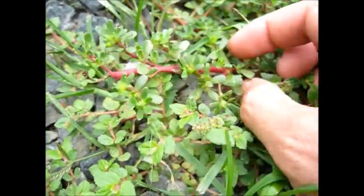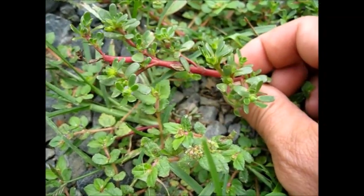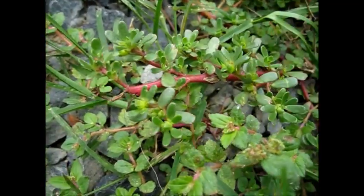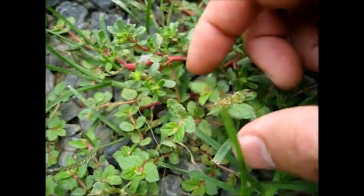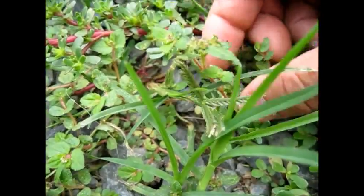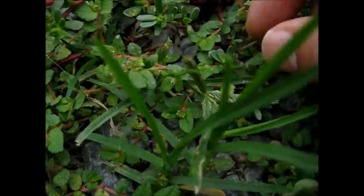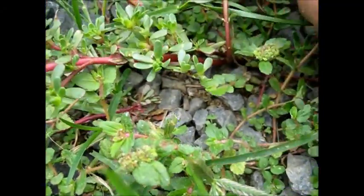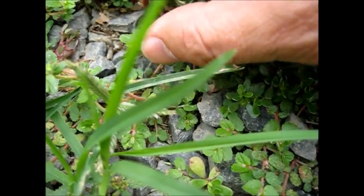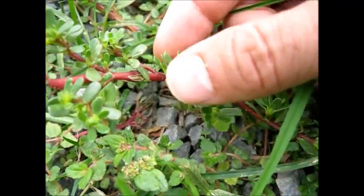Here's a wild edible also found in North America and Australia. I recognize from home. It's Purslane. This is actually a super vegetable. Now this is mixed right in with a look-alike, which is not edible to my knowledge. Notice the purple stems on the look-alike, but the Purslane has smooth and deep purple stems, whereas the look-alike is very hairy, and the leaves are a lot different. The Purslane has shiny leaves,